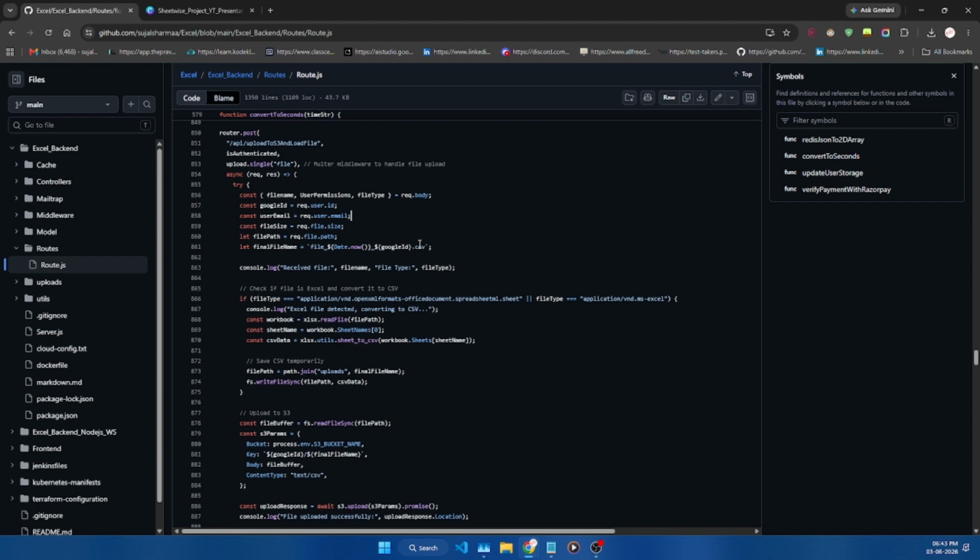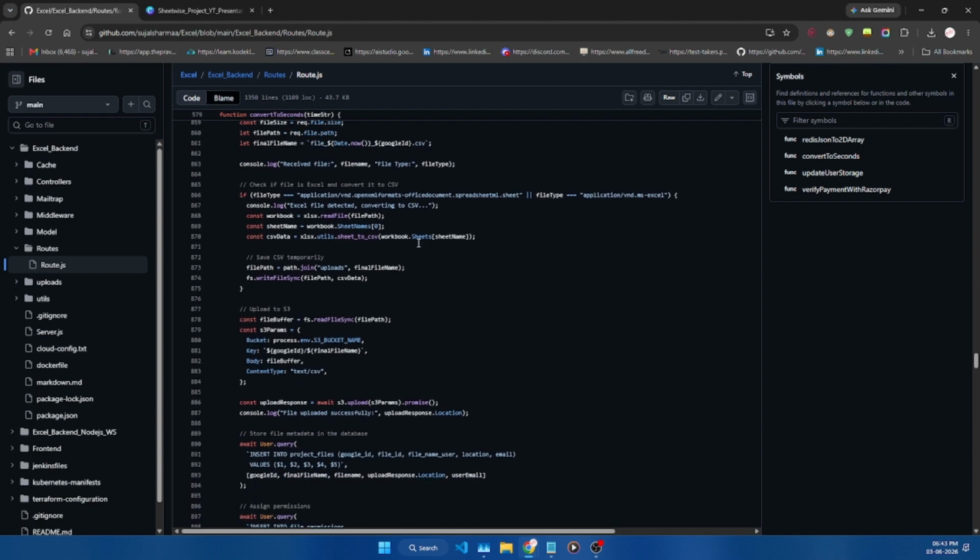If the uploaded MIME type matches Excel, it uses the XLSX package to read the sheet and convert it into a temporary CSV file. The file buffer is then uploaded to S3, recorded into the project file table, granted full admin permission in the file permission table, and the temporary local file is deleted via fs.unlinkSync.